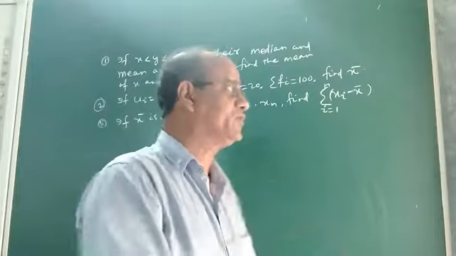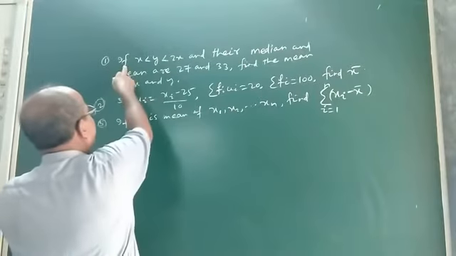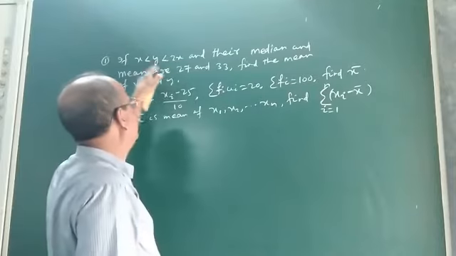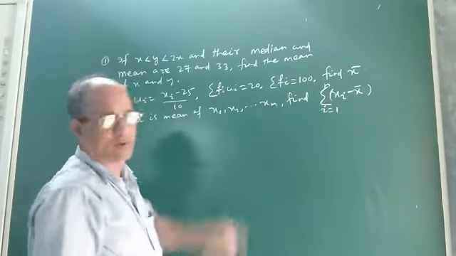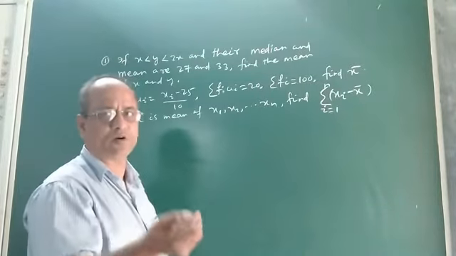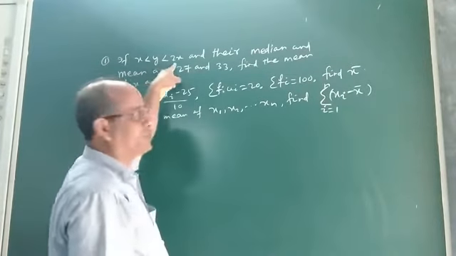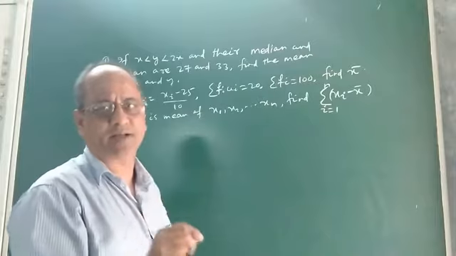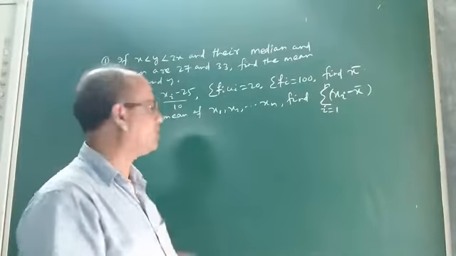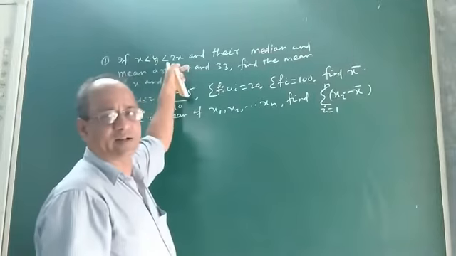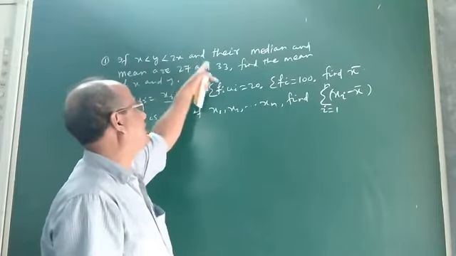See, the first question is, suppose it is given that x less than y less than 2x. Look at the inequality: x less than y less than 2x. These are three numbers. We do not know what is the value of x and y. That means the three numbers have been written in which order? In ascending order. So these three numbers x, y and 2x are written in ascending order, and their